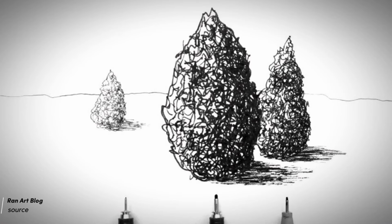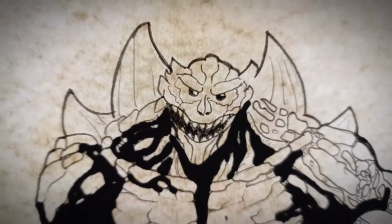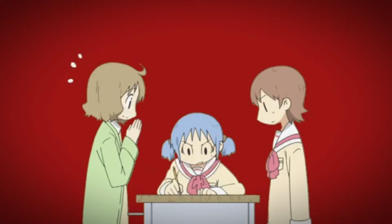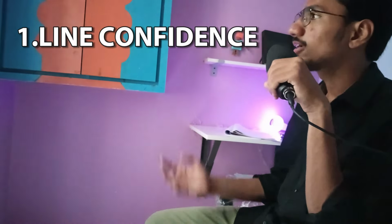Line art or inking is a step that shows depth, line variations and polish to our drawings. If you're serious about getting into comics, manga and animation, mastering the art of line art is essential. Even I used to struggle with my line art until I adopted these 3 techniques that significantly improved my work. And those techniques are: